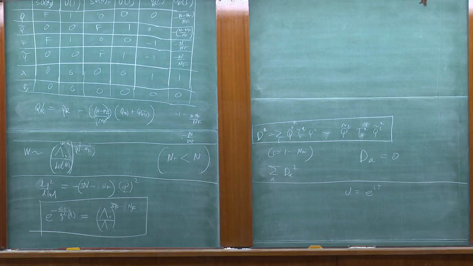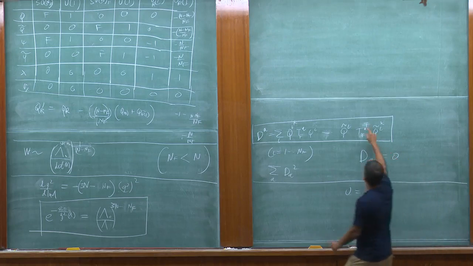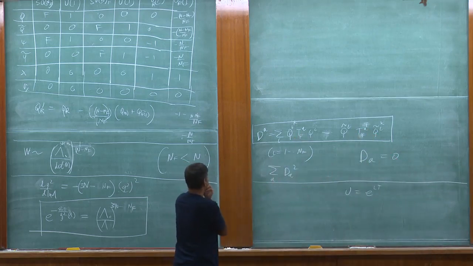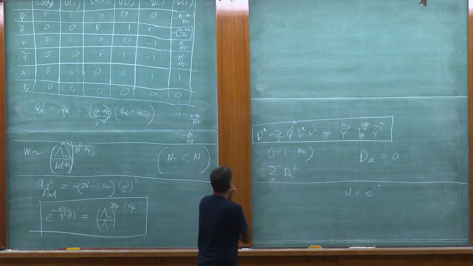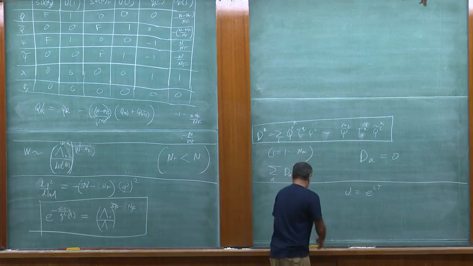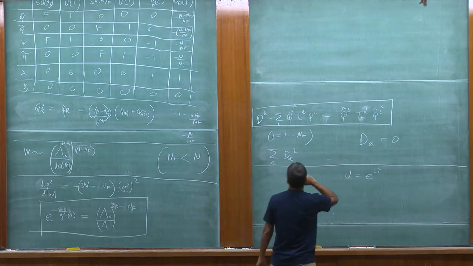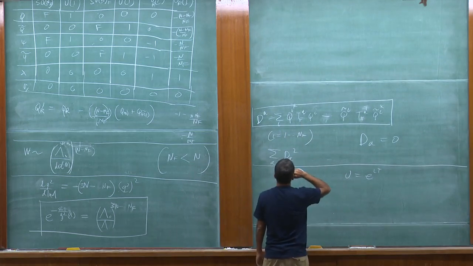Okay? So, now, this guy has this transpose. Okay? This guy has this transpose. So, if we manage to make the QIs,